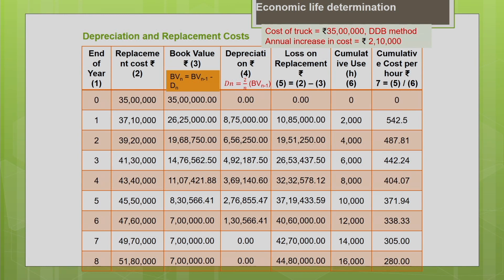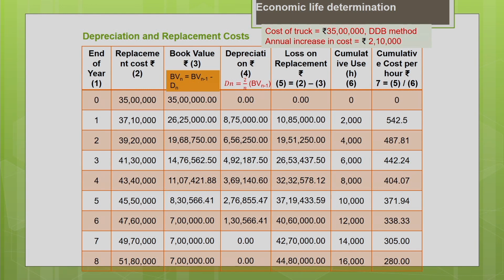So now let us work out the cost associated with the machine from the replacement analysis perspective. As I told you, we are supposed to consider all the components of the cost associated with the machine, so that you can have an accurate estimation of the optimum replacement time. First, we are going to estimate the depreciation and the replacement cost associated with this machine.